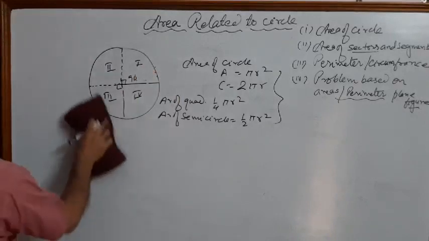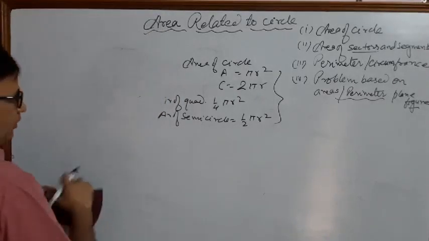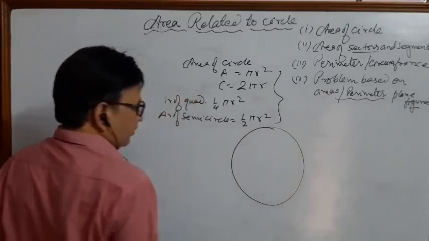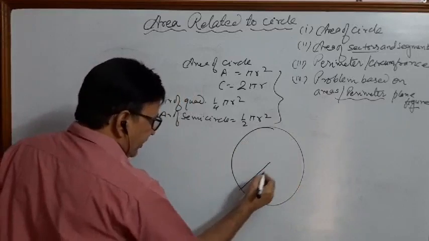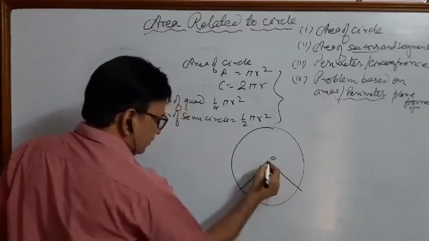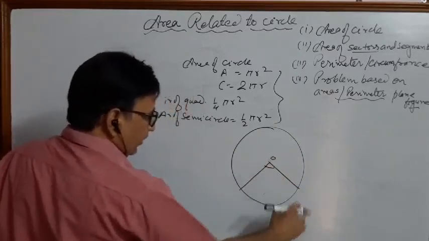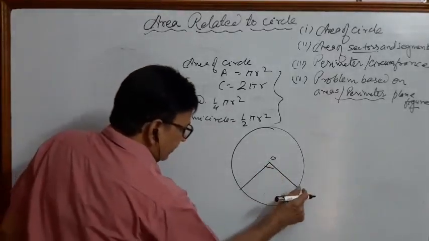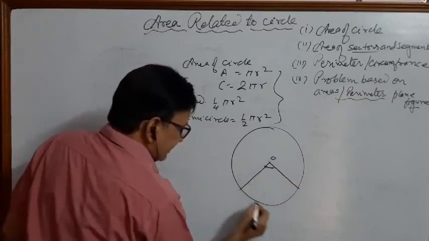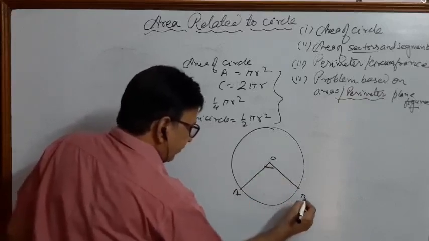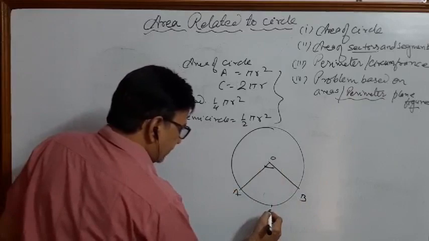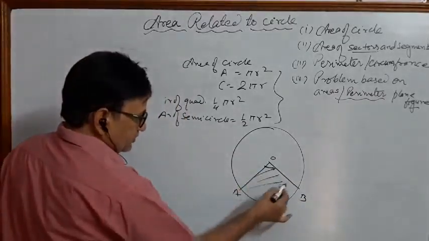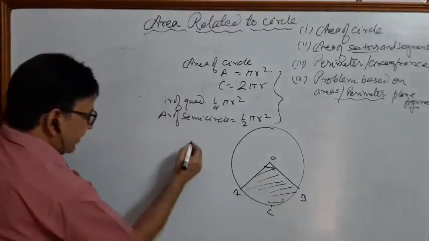Clear? So now see here. Right? Bounded by two radii. Okay, both the radii are equal. Right? So the area swept between two radii in the circle is known as a sector. This is known as the sector AOB, right? This complete part is known as sector. Okay, then what is segment?